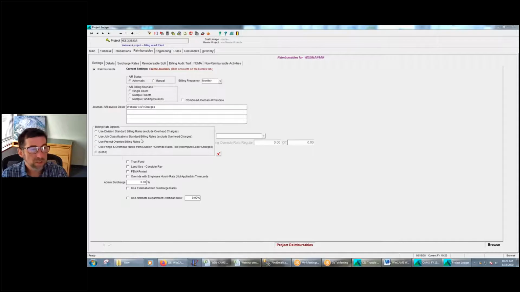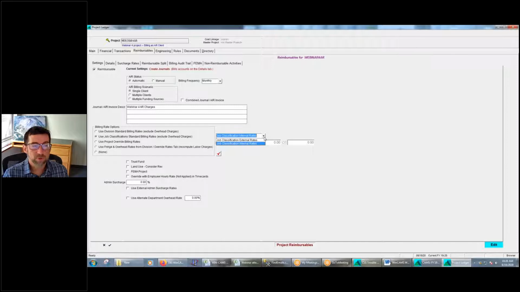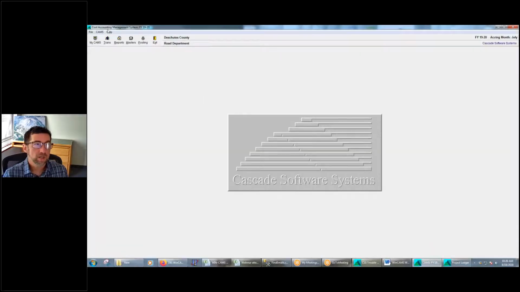Job classification billing rates also exclude overhead charges, right? So then we suppress the overhead charges, and then we massage the labor to a job classification rate. And when you choose that, you have two options here, internal and external. It's a little more complex and versatile than the